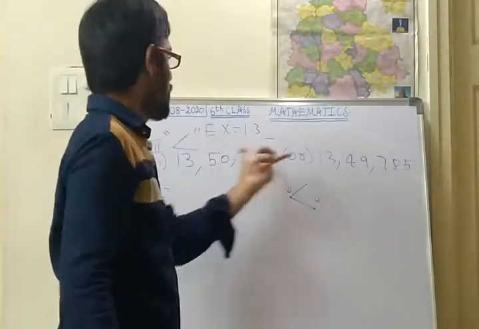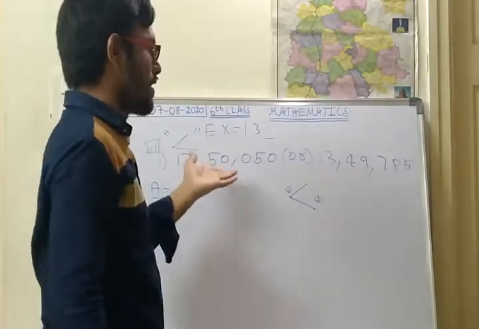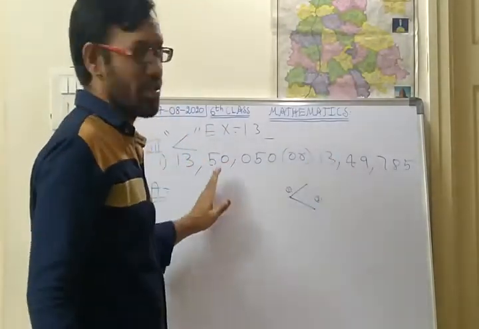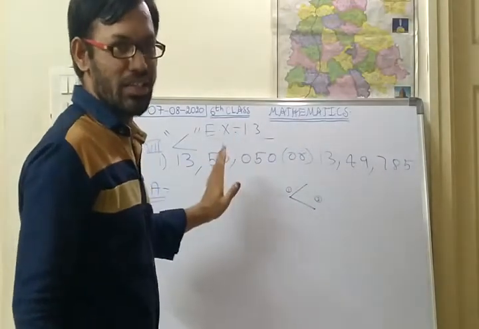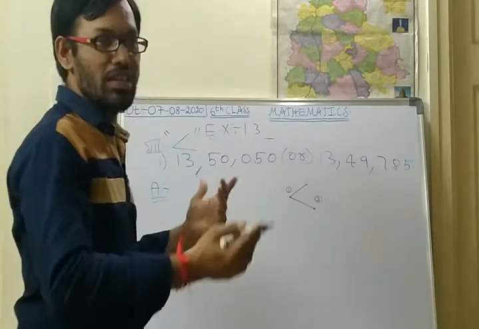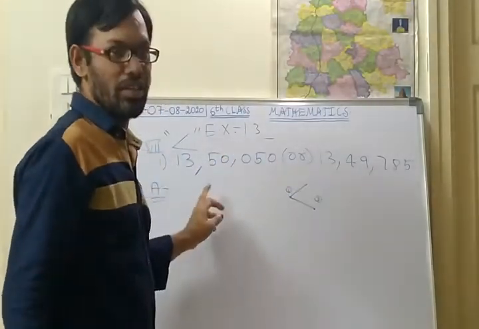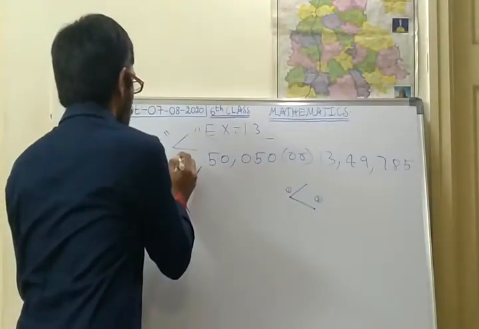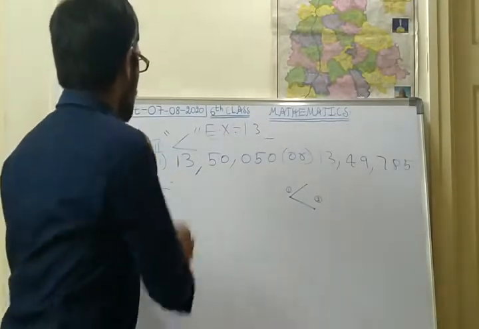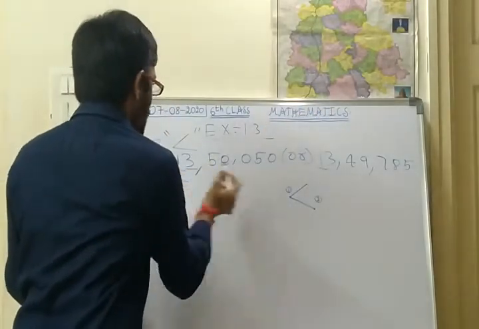So which is smaller, you have to identify. By counting the digits you can't say, because both the numbers have the same number of digits. So take the next, second step. What is the second step? Identifying the places of digits, right from the left side. What is the first digit? Here 1. Next 3.